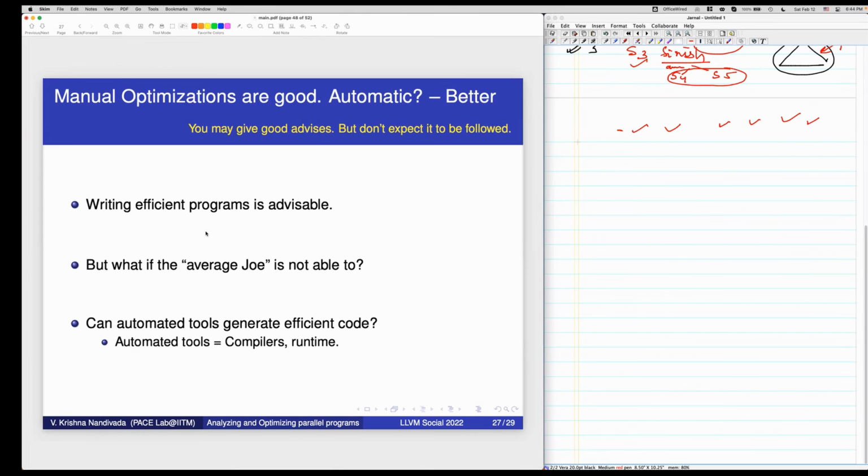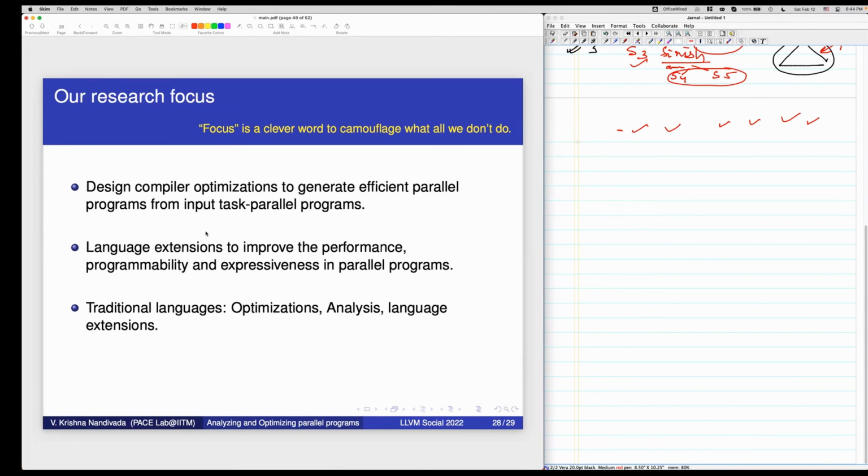And there are tools, including the work done in our own lab, where such optimizations have been developed and are being developed. We are also working on language extensions to improve performance and programmability. And we also work on traditional language optimizations and analysis. So this is a quick self-drumming. If you are interested, do visit our website to get more information.